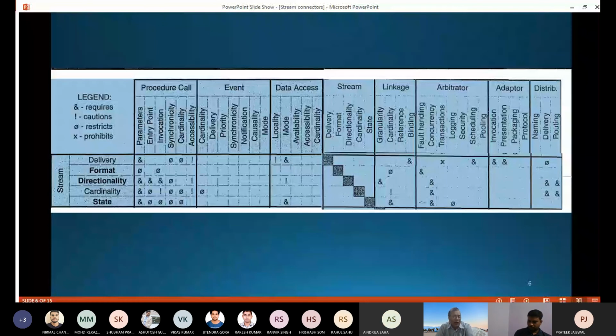Okay. So I made all this discussion for your understanding only. How the interrelationship occurs between different eight types of connectors. If you understand this, then only it becomes easy for your lab class.